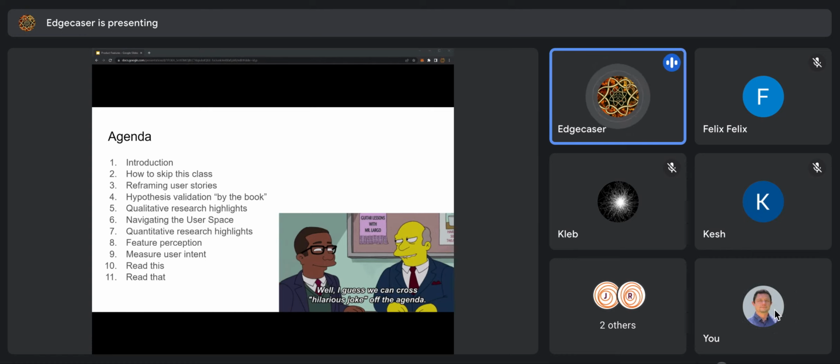That is divided into both qualitative, where I'm going to talk about 4 questions that I try to ask and what I do with those questions, which is called the user space. And then I'm going to tell you 4 questions that I would include in any quantitative work, and what you do with that data to make a feature perception